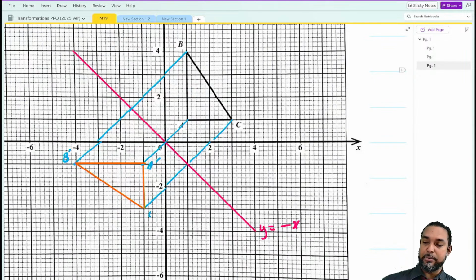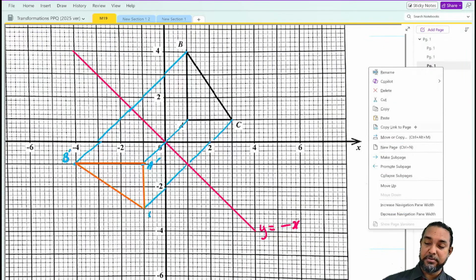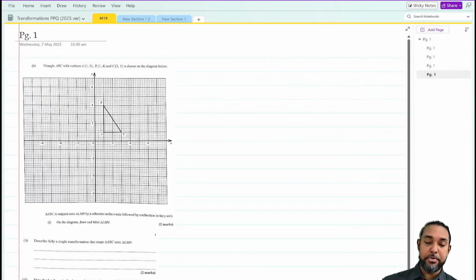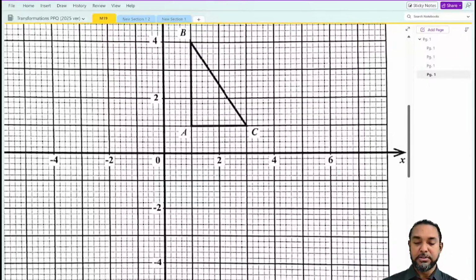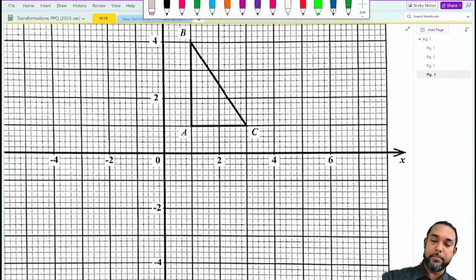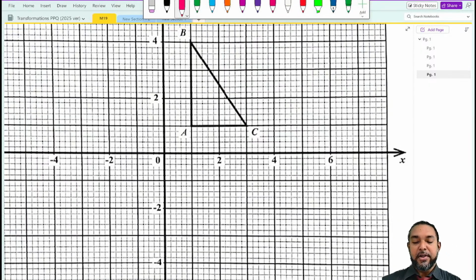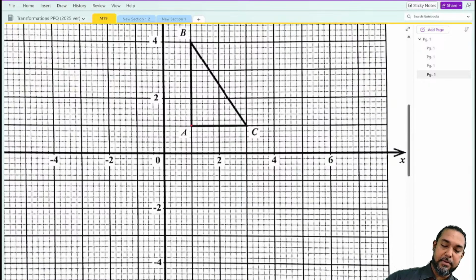But what about the one I said? I said a reflection in a point. How does that happen? How do we reflect in a point? Now I don't think that's on the syllabus anymore, but just in case, right? So what I want to do, if I want to reflect in a point, is go from A to here. That's the origin, right? But how do I know how far next to go?